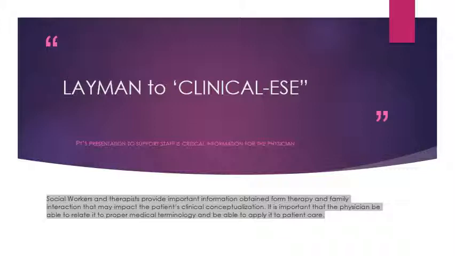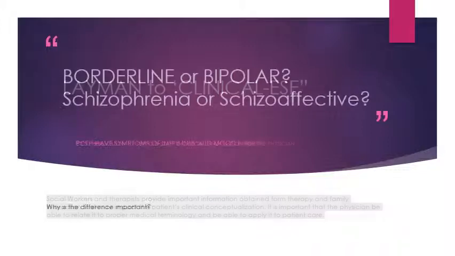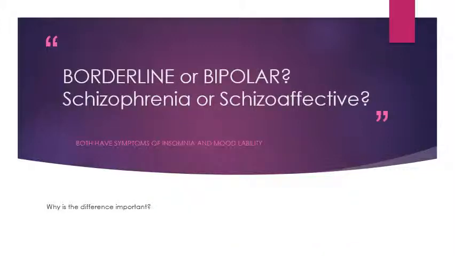So why is it important? It goes back to chemistry. Simply put, it goes back to chemistry, but it's a lot more complicated than that. The reason I say chemistry is because this all has to do with the brain and the way that the neurotransmitters are impacting each other. So in a person that has depression, their dopamine receptors are going to be functioning differently than in a person that has schizophrenia. In a healthy brain, the dopamine is flowing freely, very simply put, and it interacts with the receptor, and it has a healthy balance.